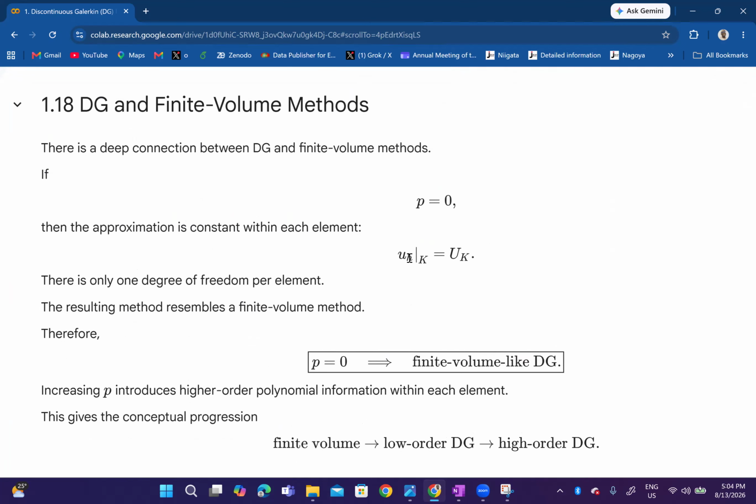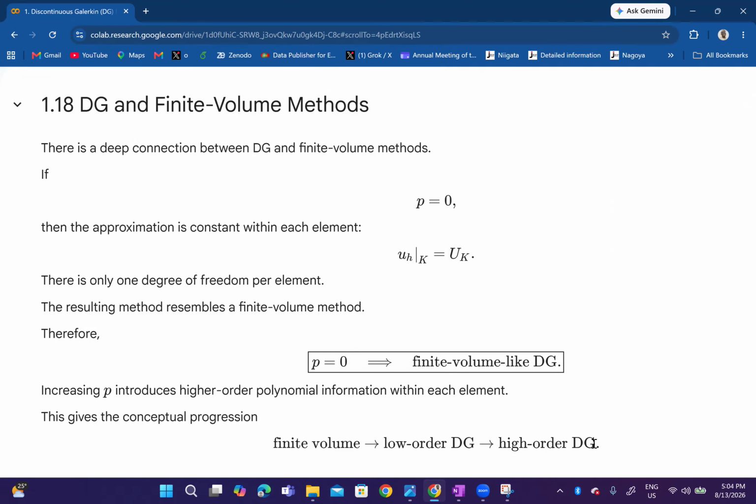U sub h on K equals u sub K. There's only one degree of freedom per element. So the resulting method resembles a finite volume method. Therefore, p equals 0 implies a finite volume like discontinuous Galerkin. Increasing p introduces higher order polynomial information within each element. So this gives the conceptual progression: finite volume leading to low order discontinuous Galerkin, which then leads to higher order